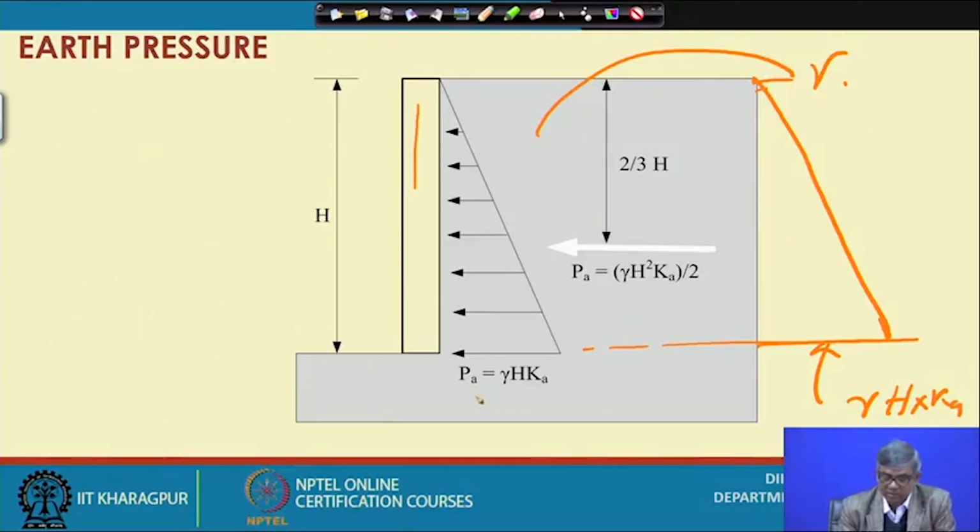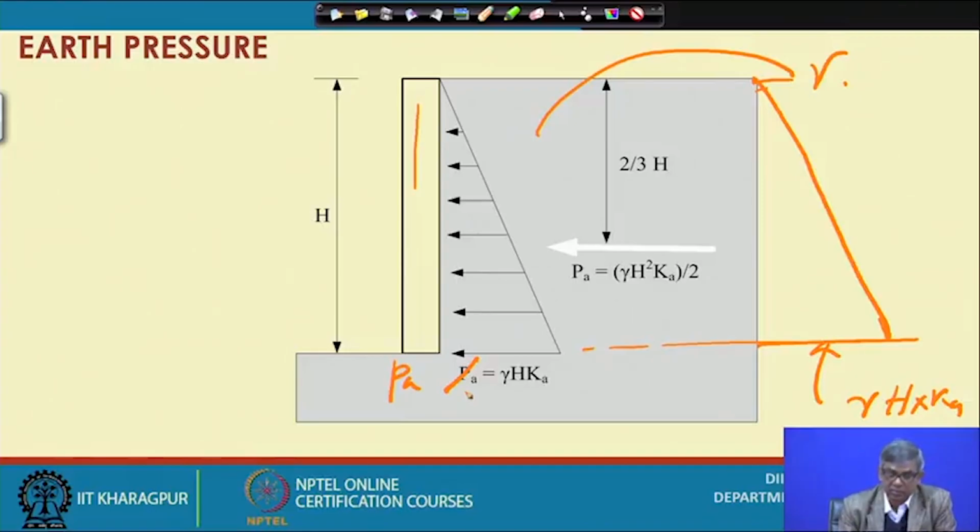So, this is done here. This is actually, I can say, Pa at this point will be gamma H Ka. So, this is the gamma H Ka. Now, if I want to find out the thrust on the wall, that means total thrust because of this backfill